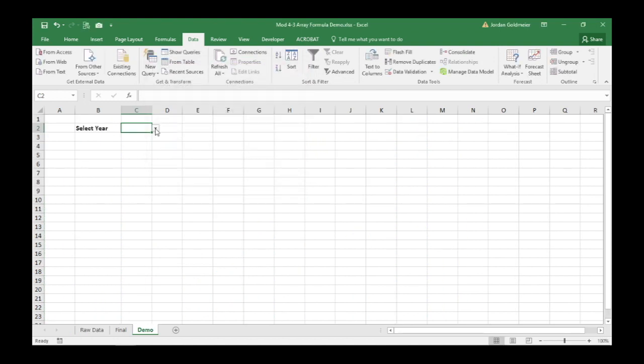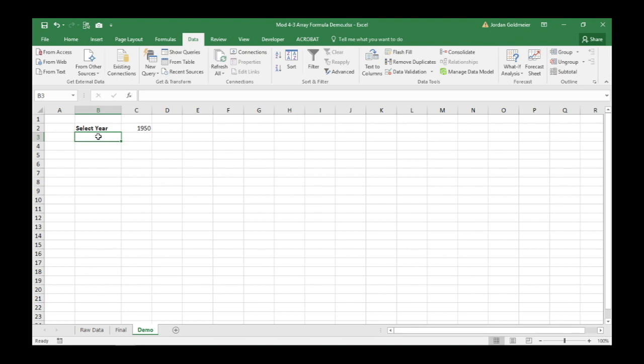And it's always a good idea to test. What I'm going to do here is hit this drop down, and you can see that all the years show up. So let's just pick one at random, make it easy. We'll pick the top one. So that's 1950. So now what we need to do is pull back the data associated from January through December